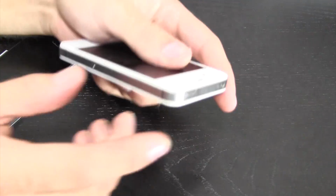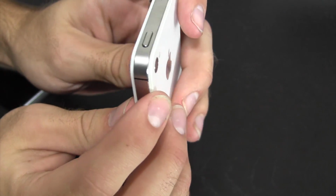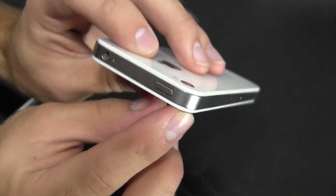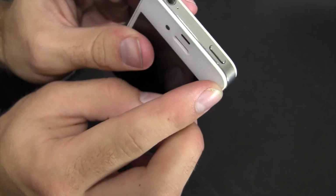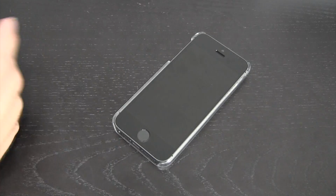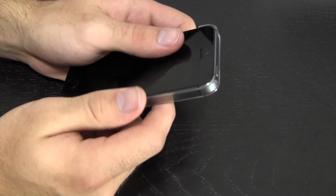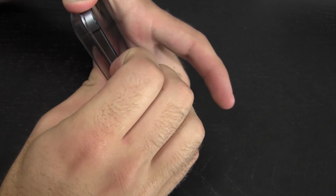It hit the corner. And as you can see here, this corner is a little, I guess, scratched, if you could even call it that. But overall, it's very near perfect. So these cases are very cheap, but they also do protect the phone, at least to a certain degree. It's not going to survive the biggest falls or anything. But enough about the case. I'm going to go ahead and take this case off here,